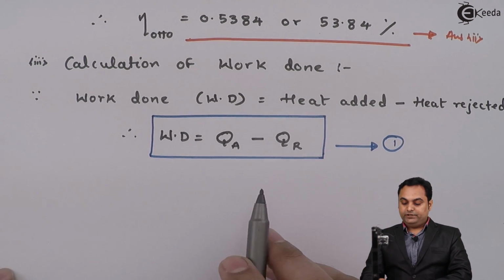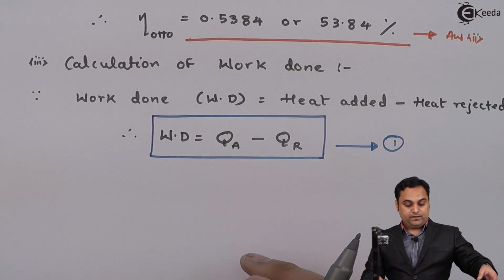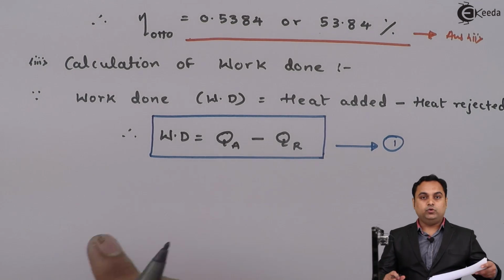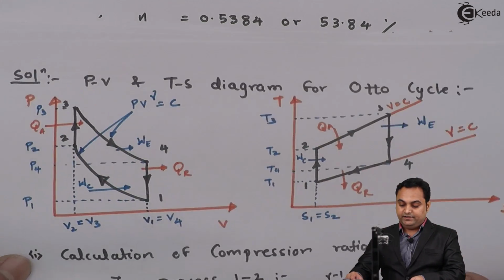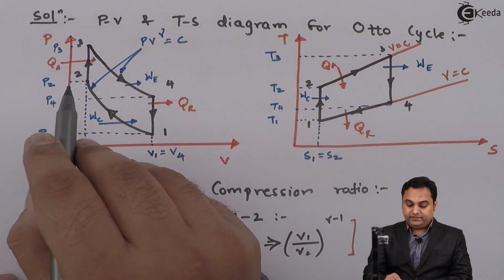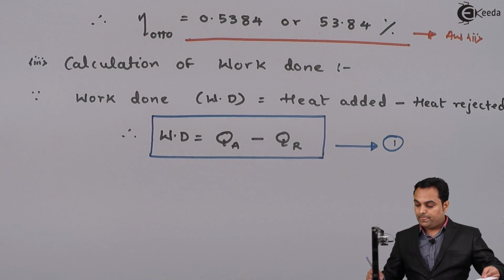Now we need to individually calculate the value of QA and QR, and first I'll start with QA. QA is the heat added, and as we see in case of the Otto cycle, the heat is added at constant volume, so I'll write down